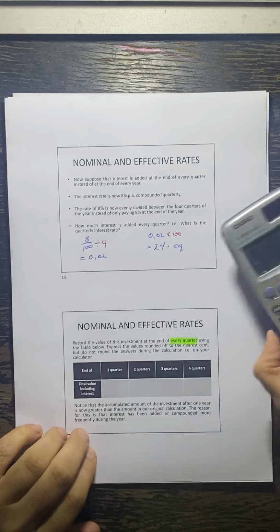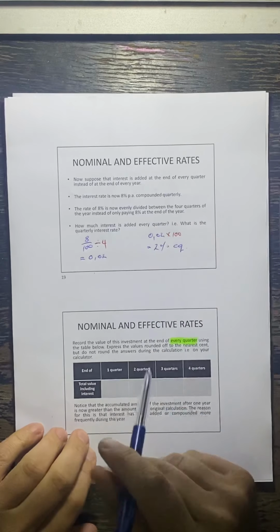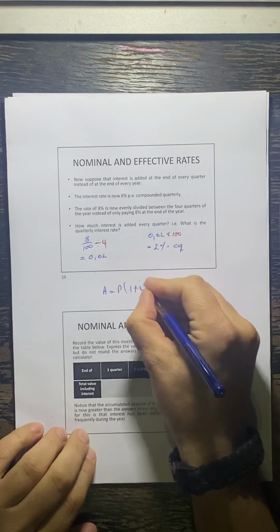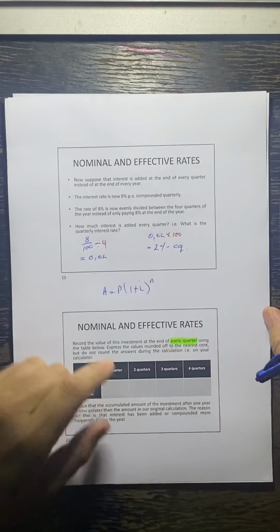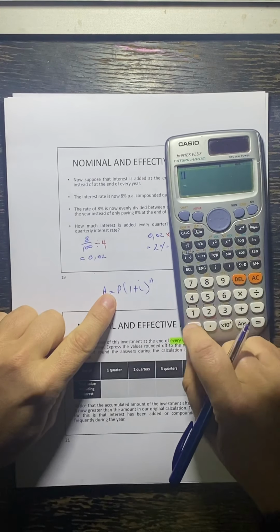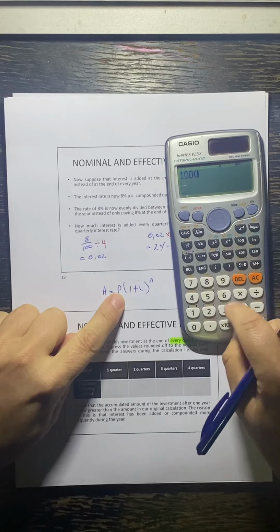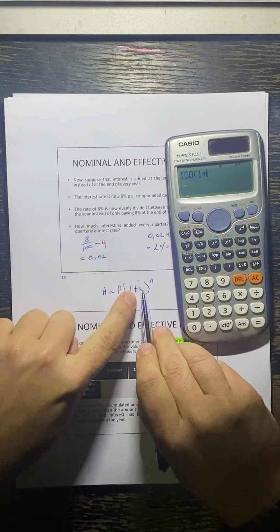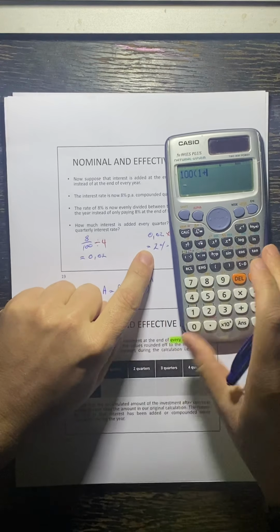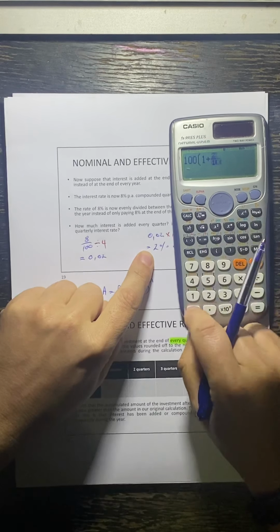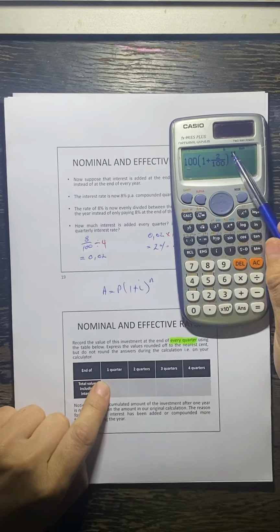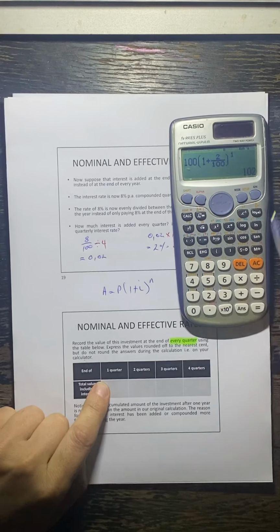what we're going to do is now we're going to compound it quarterly. So I'm still going to be using the compound interest formula. A is equal to P times (1 plus I) to the power of N. Okay. Now what we initially invested was the 100 Rand. So here we've got 100 times (1 plus my interest rate, which is this 0.02, which is 2%). So what we can say here is 2 over 100. And that was compounded for 1 quarter. So that's to the power of 1, and we get 102 Rand